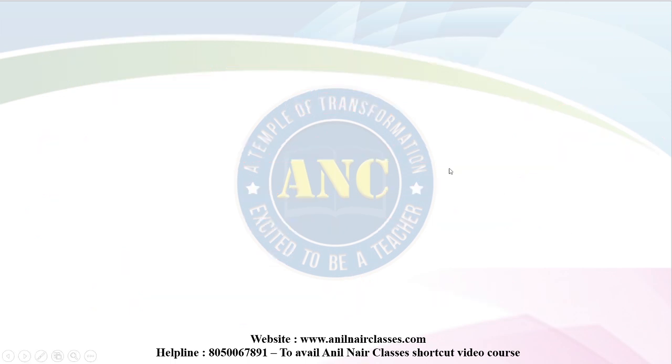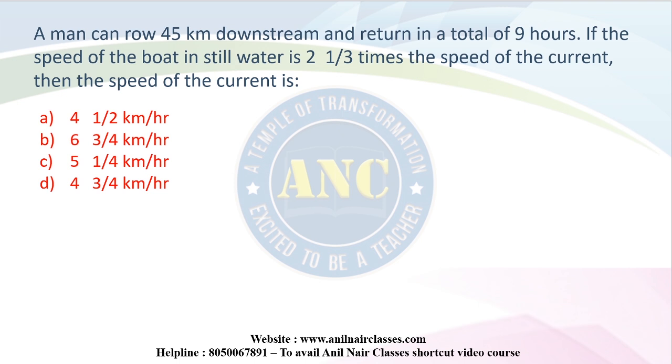So next question, very beautiful question. See this question. A man can row 45 kilometers downstream. Let us write every information being given. A man can row 45 kilometers downstream and return in a total of 9 hours. Next, if the speed of boat in still water is 1 by 3 times the speed of